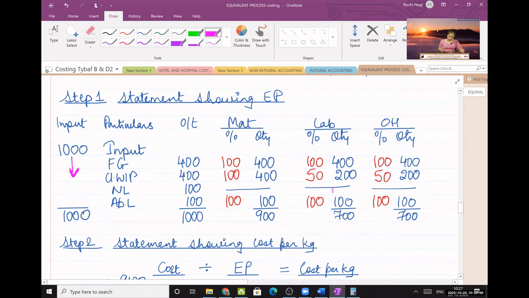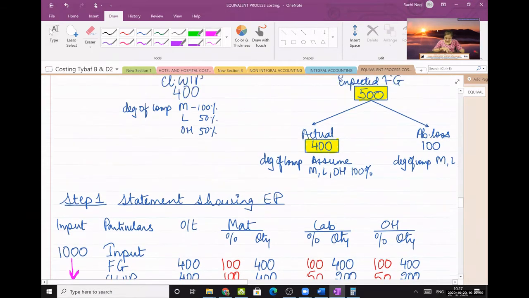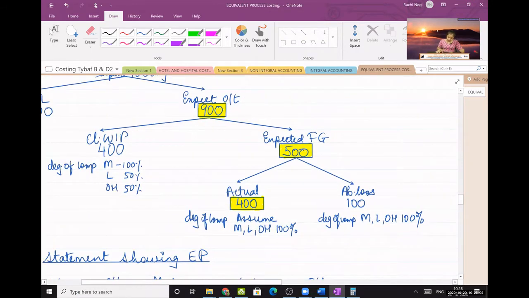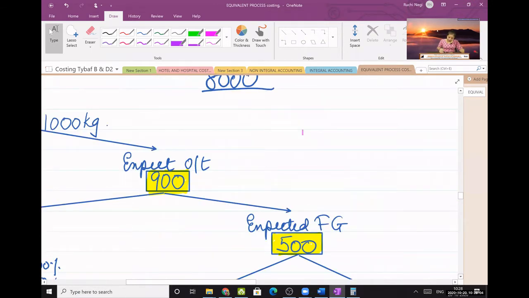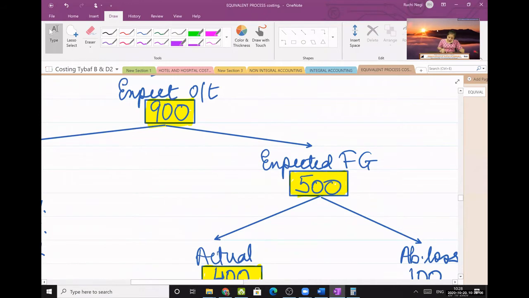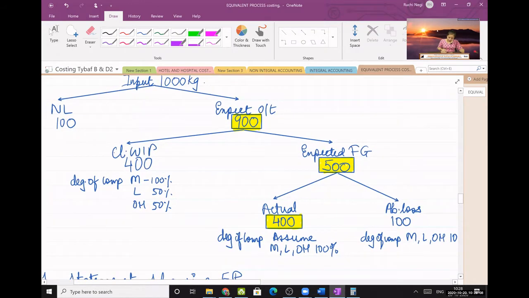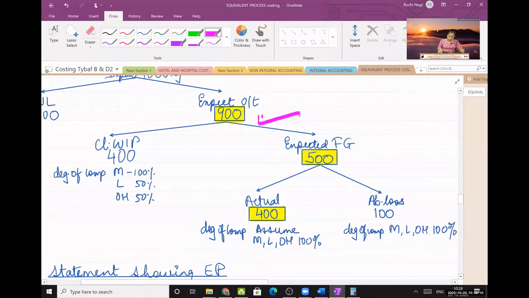Fine, so dash. Abnormal loss 100. Abnormal loss, you just understood the diagrammatic presentation. Abnormal loss is nothing but a part of finished goods. See, it is obtained from the output. Of this 900 output, 500 is your expected finished goods. It is a part of finished goods only. So it will come in the calculation of